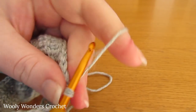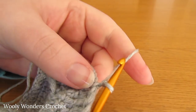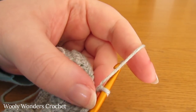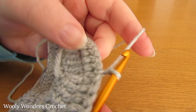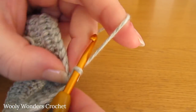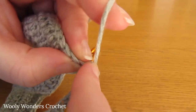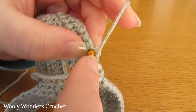So to begin round 4 you want to chain 1 and turn, and this chain 1 does not count as a stitch. So to start this round we are going to do 9 double crochets, or 1 double crochet into each of the first 9 stitches. So yarn over and go down into the first one and do 1 double crochet,